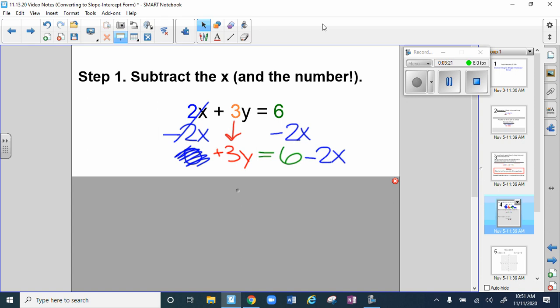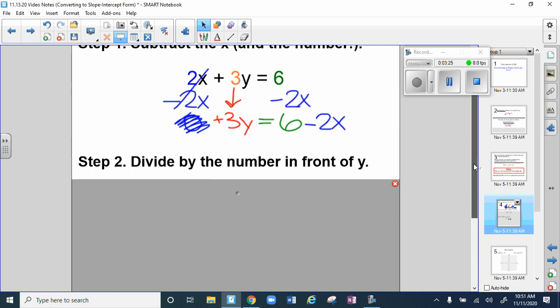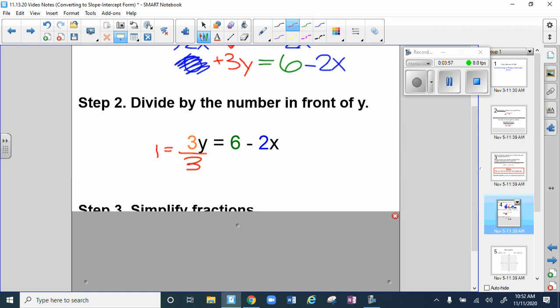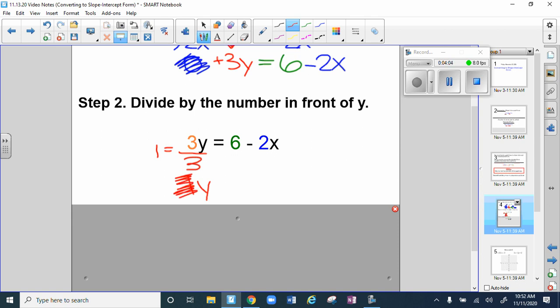All right, so I did my first step. My second step is to divide by the number in front of y. So here I have my equation from where I left off in the first step, and I'm going to divide both sides by the number that's in front of y. And the reason I'm doing this is because if I divide any number by itself, 3 divided by 3, 4 divided by 4, 16 divided by 16, any number that I divide by itself is going to equal 1. So 3 divided by 3 equals 1, and I'm left with 1y, which I can also write as just a y. I don't need that 1 there. So by dividing both sides by 3,